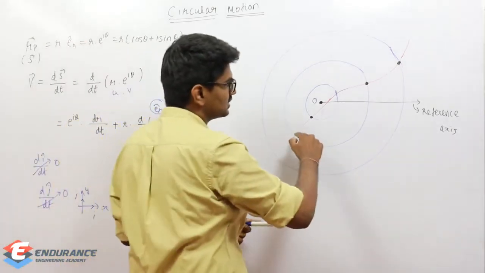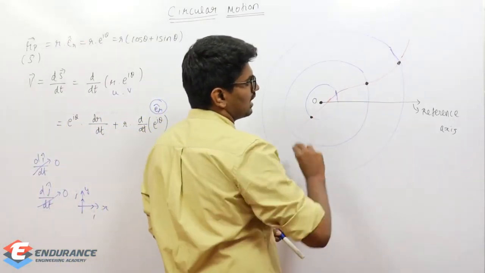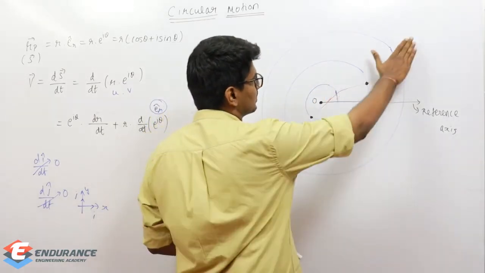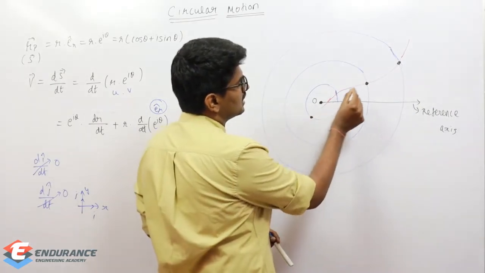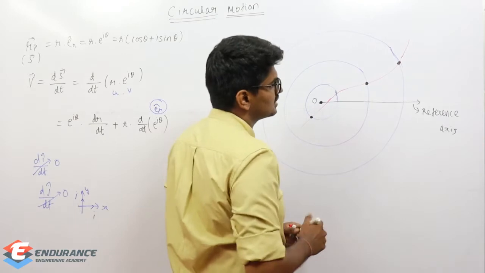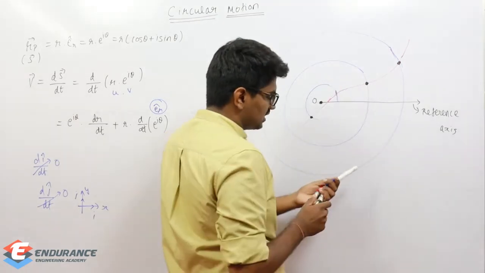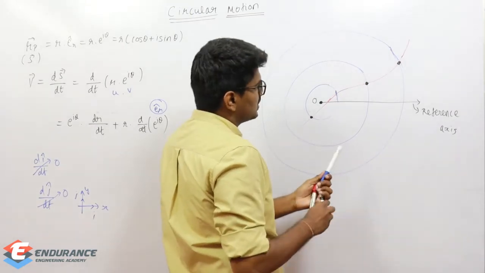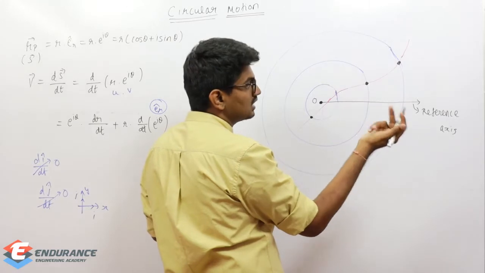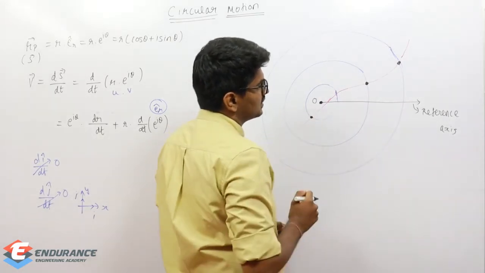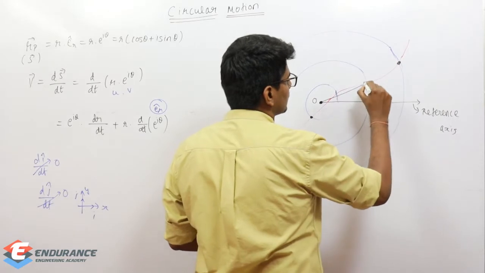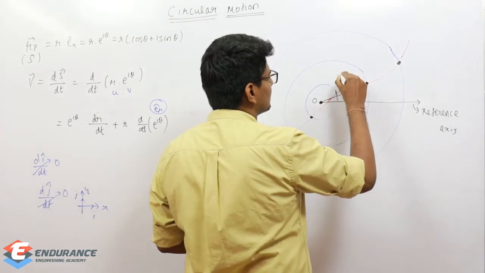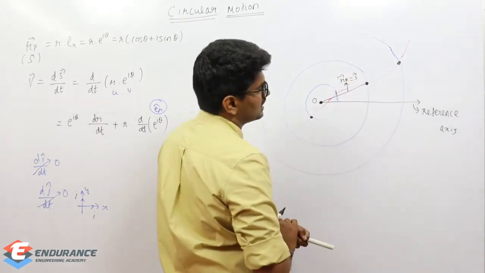Let us consider that this red line is the path along which the particle travels. You can consider some car or some bike traveling in this direction. Initially, let us take this as the position where the particle is. How do we find the position vector? Simply connect this point with the origin. We know that polar coordinates mean an origin and a reference axis will be there. So I am connecting these two, and this represents the position vector rp vector, or s vector simply.